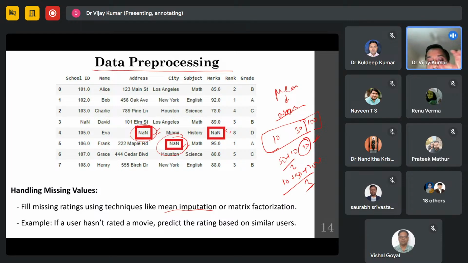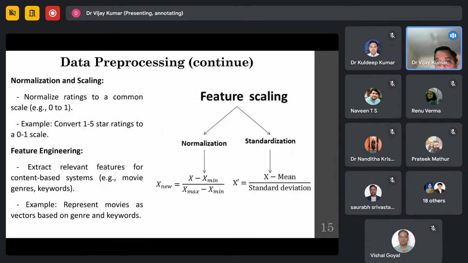Sometimes the best possibility is that probability functions are used to predict the data. But it will not provide an exact solution. It will only provide an approximate solution. So some probability function will be used to predict the values, based upon some user preferences. Next one, when we go for data pre-processing,